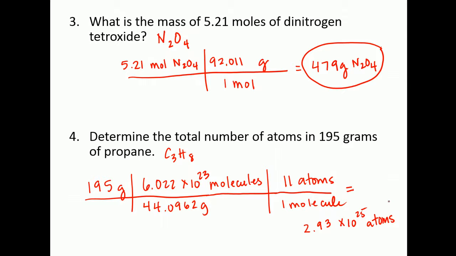Some students are confused by this extra step, and I'd encourage you to think about it this way. If you had 100 cars in the parking lot and you were asked how many tires are there, and of course we'll ignore the spare tire, but you very quickly all of you would say if there's 100 cars that there would be 400 tires because each car has 4 tires. In a problem like this, the first conversion helps you go from grams to a number of molecules, but then you have to multiply it by 11 because in this case, for propane, each molecule has 11 atoms. So that's why there's that one extra step. We'll finish up this section